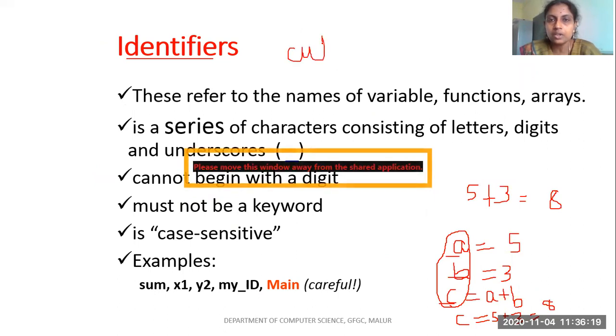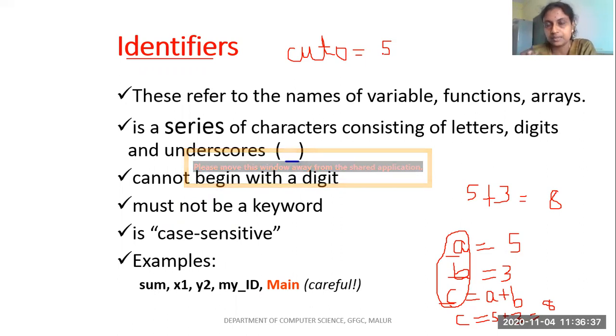I can't write auto equals 5. Why? Because auto is a keyword. So the first rule is you cannot use keywords as your identifiers.